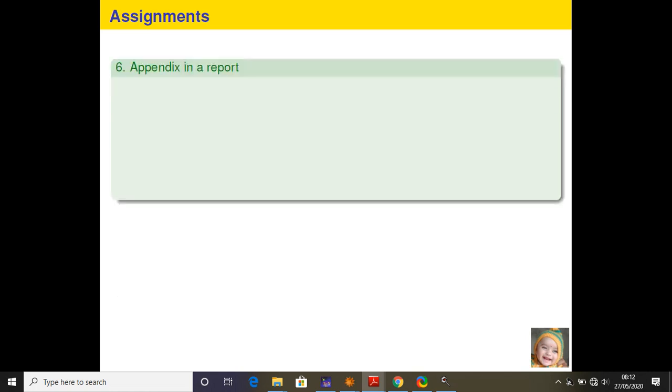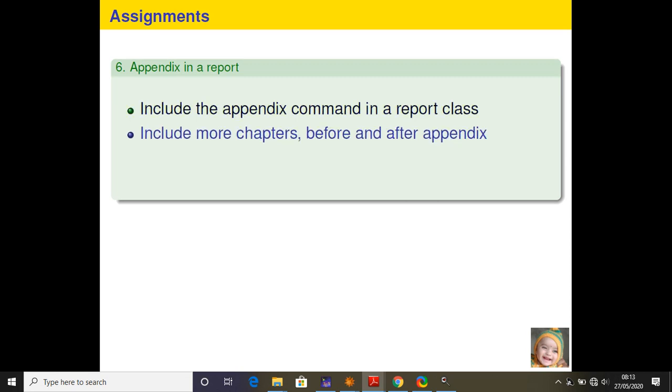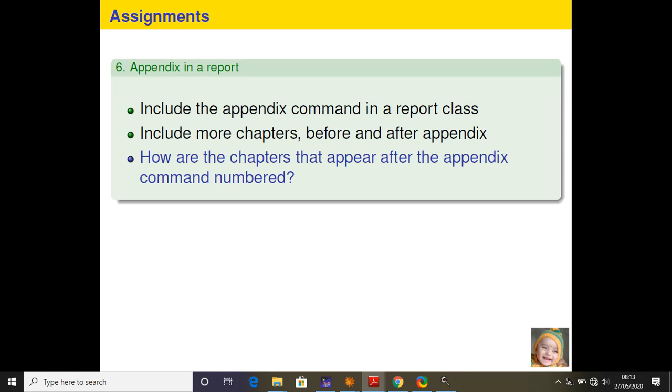Appendix in a report. So include the appendix command in a report class. Include more chapters before and after the appendix. So how are the chapters that appear after the appendix command numbered?